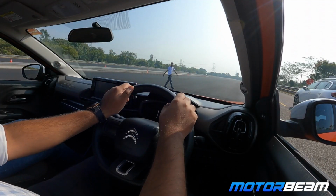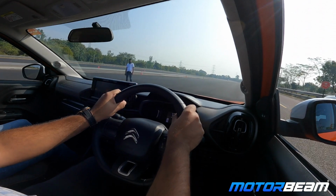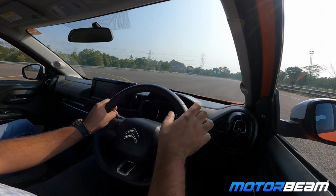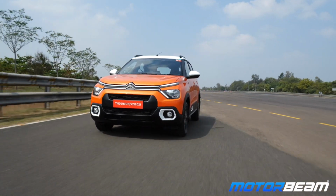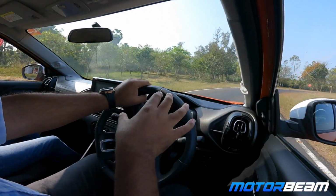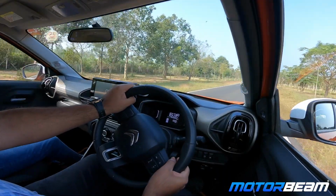So how does the Citroën ëC3 drive? Well, I'm at the wheel of this car and it is time to go flat out on this track. Powering the Citroën ëC3 is a 29.2 kilowatt battery, and this one makes around 57 horses and 143 Newton meters of torque. Compared to that, the Tata Tiago EV makes around 74 horses and 114 Newton meters of torque. So yes, this one has lesser horsepower but a lot more torque,